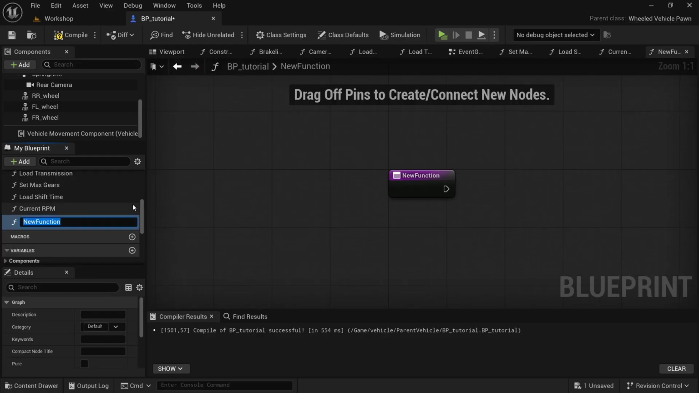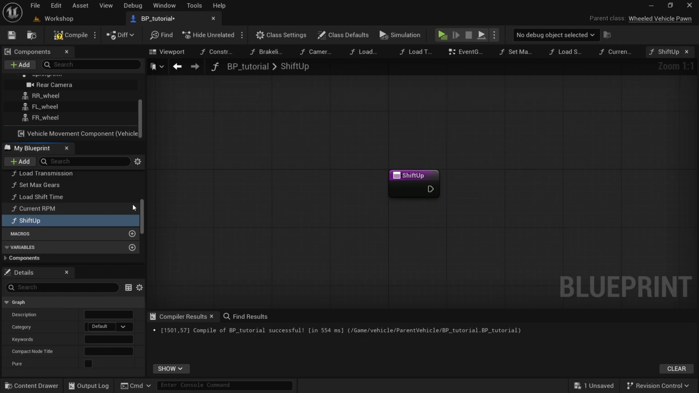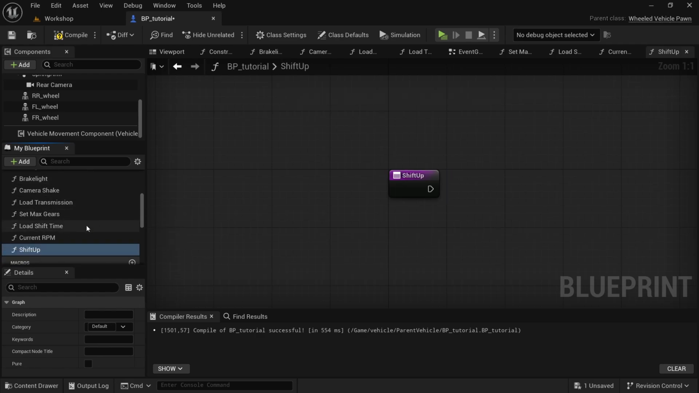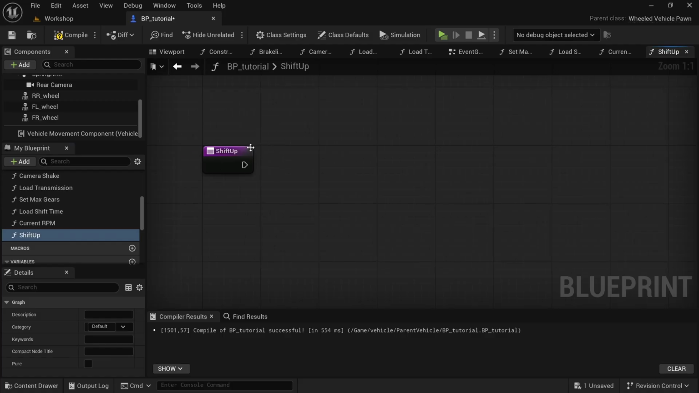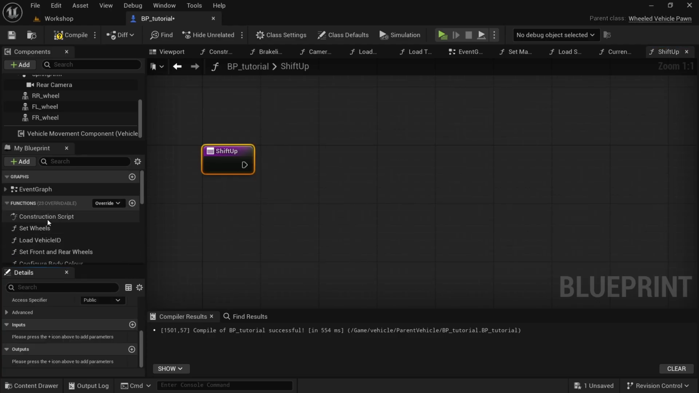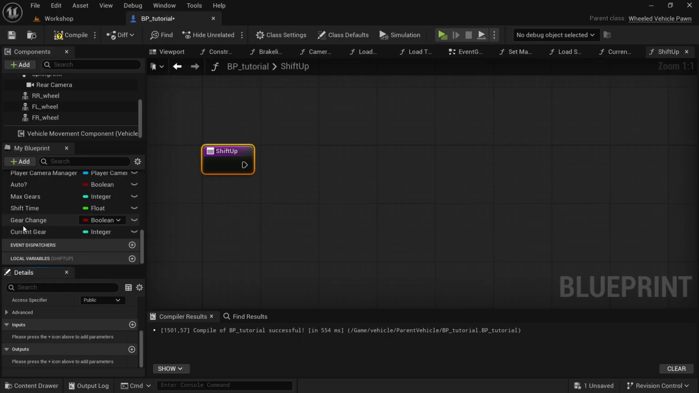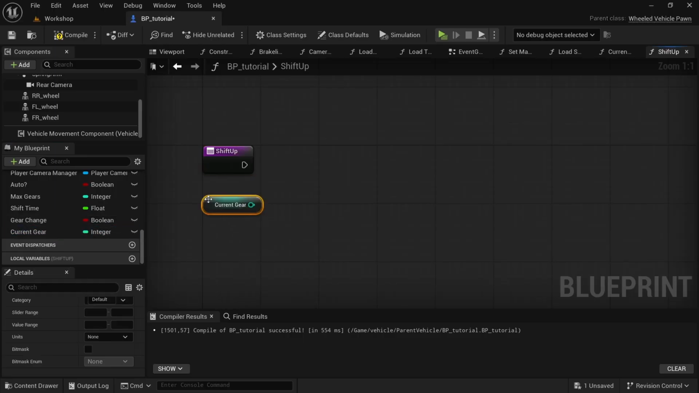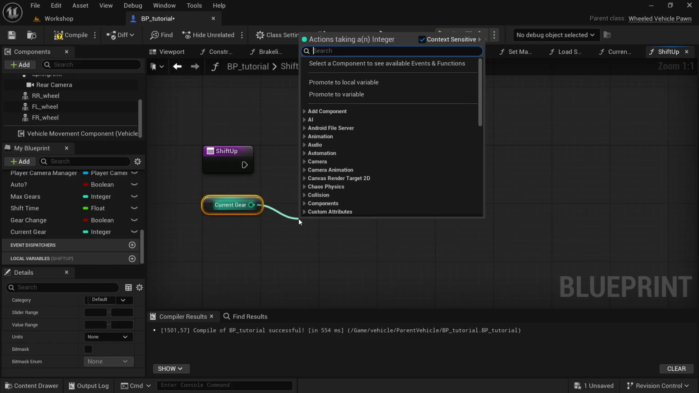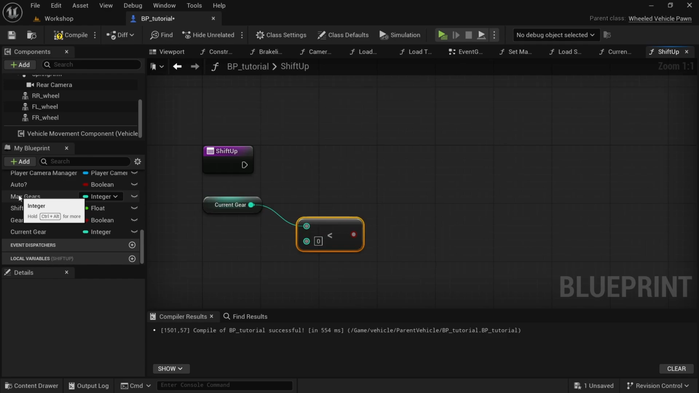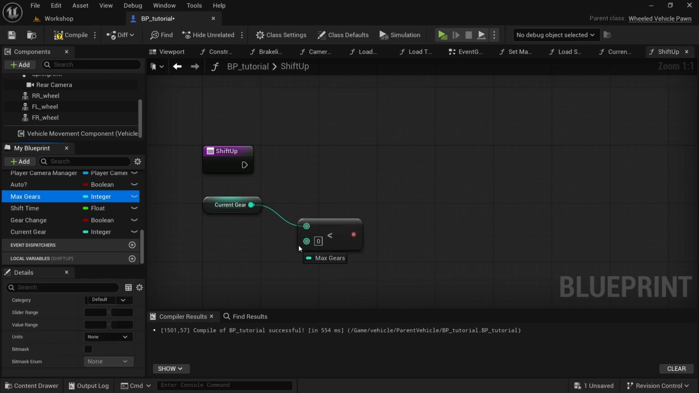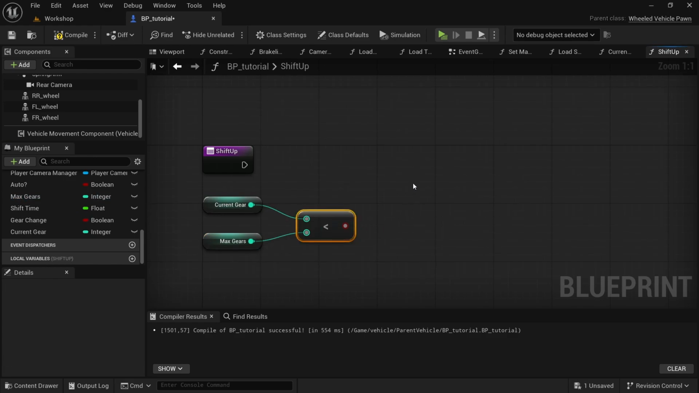The first function is going to be the shift up function, and we can just duplicate the shift up for the shift down. They're fairly similar, the difference is that one is going to add, the other is going to subtract. What we're going to do is get the current gear variable, hold control, drag this in, and then drag off from there and look for is this less than the max gears. So take the max gears variable, drop this on the pin, and then hold B to create a branch,